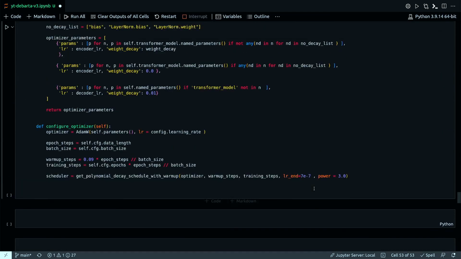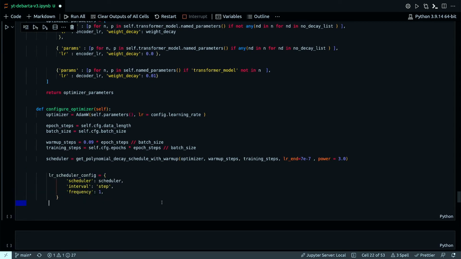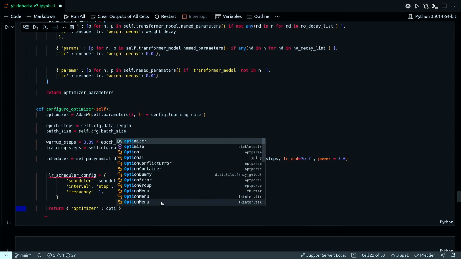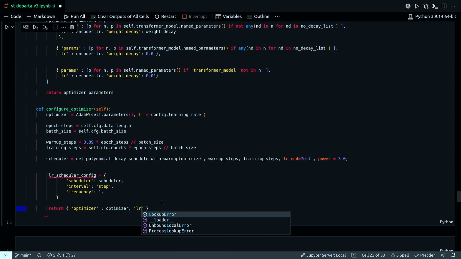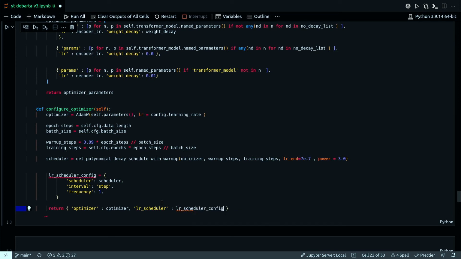Oops, sorry. Okay, that's my scheduler. Now my learning scheduler config. And finally, we return from this method a dict with config. All right.